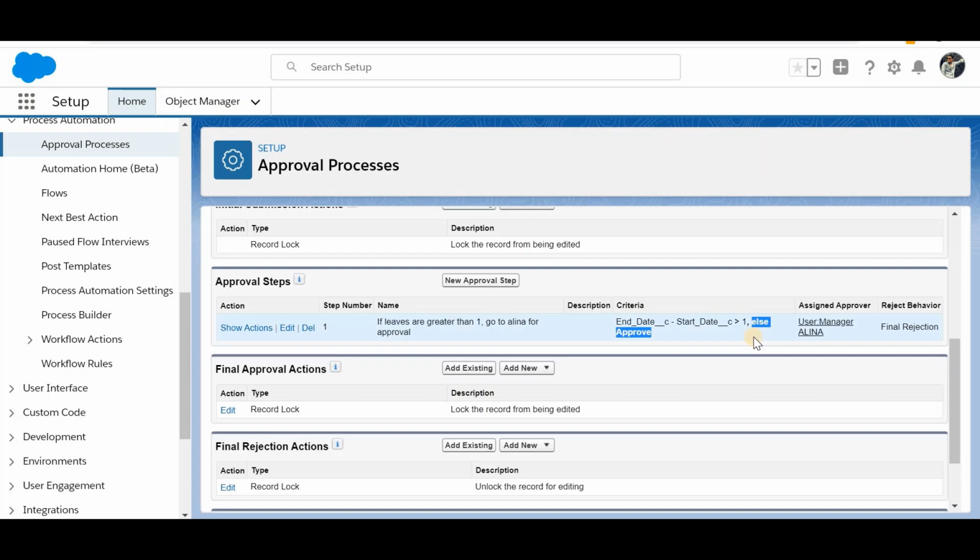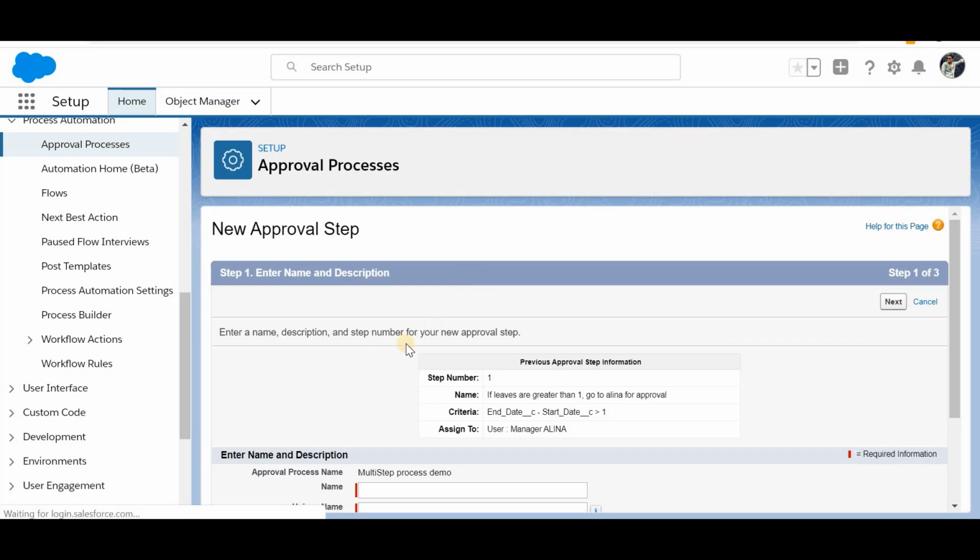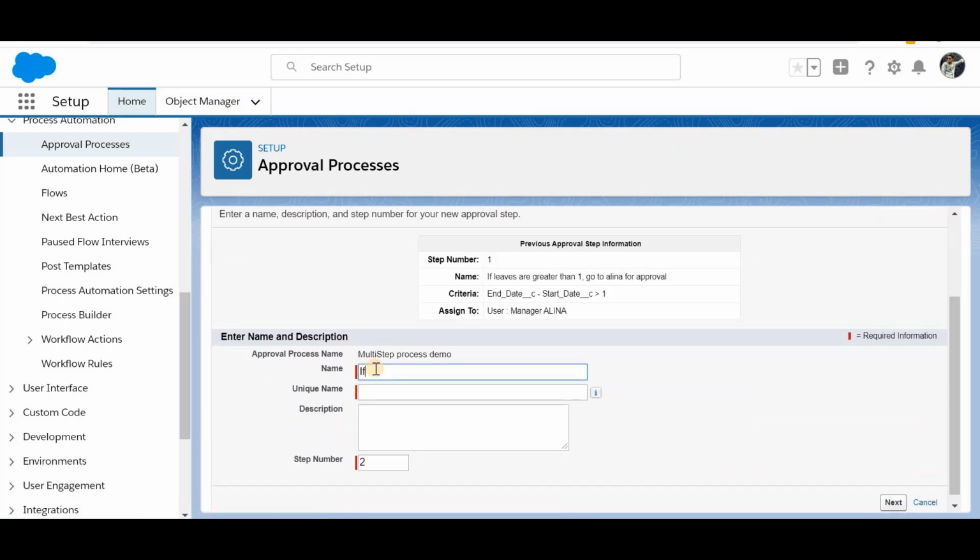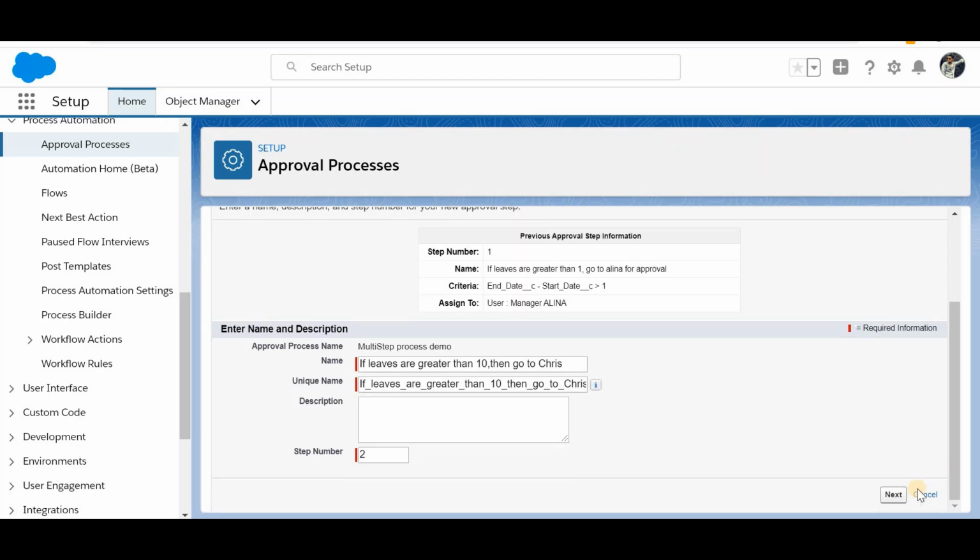Now this is for one step, but it should also go to Chris if the leaves are greater than 10. It should go to Alina first, and it should also go to Chris if the leaves are greater than 10. Okay. Now new approval step. Now I will make it as if leaves are greater than 10, then go to Chris for approval. Okay. Now click on next,